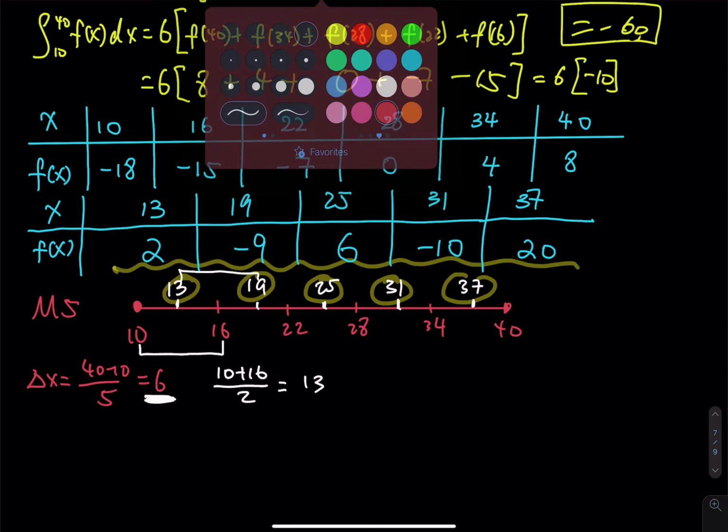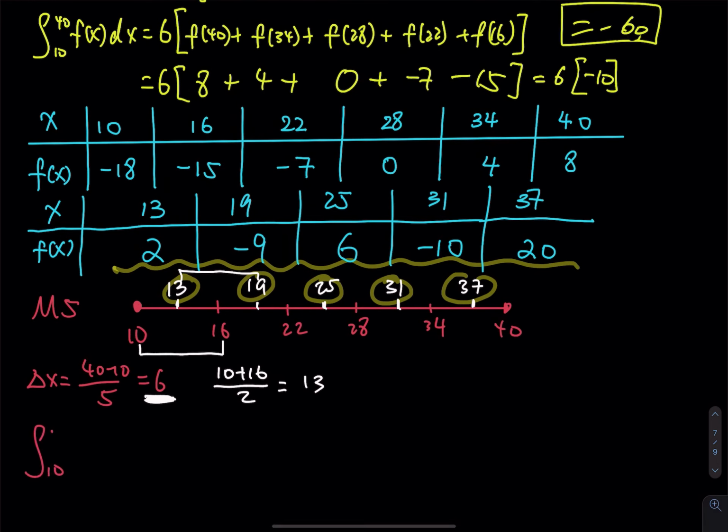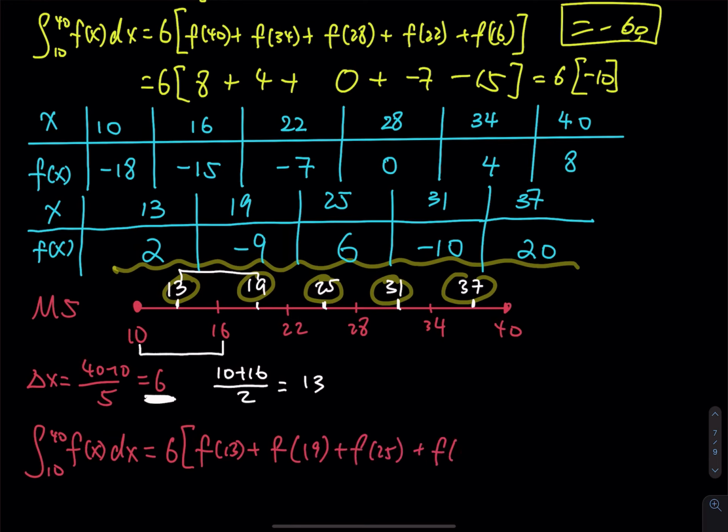So when you do the math, the integral from 10 to 40 of f of x dx is equal to the delta x, 6, times f of 13 plus f of 19 plus f of 25 plus f of 31 plus f of 37. In case you still don't know why I put the 6 outside, if you distribute the 6, then for each multiplication, you have a 6, which is the base of the rectangle, times the height,